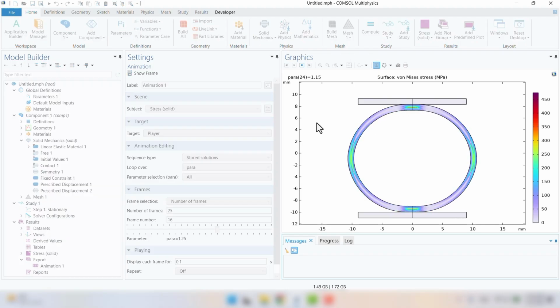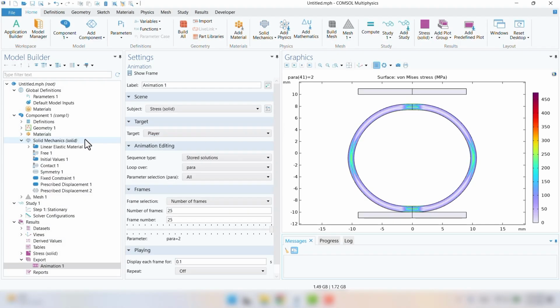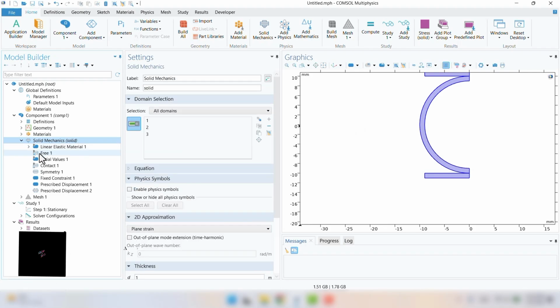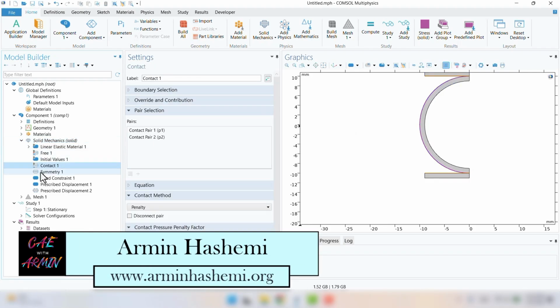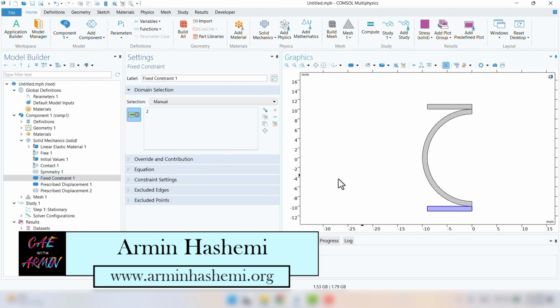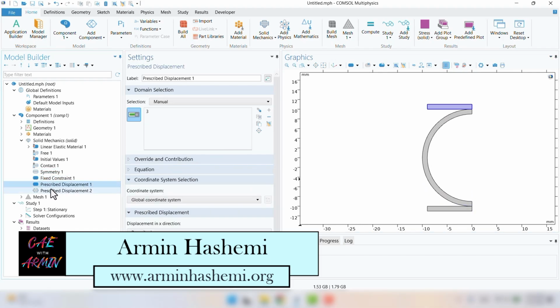Plastic deformation is a common phenomenon in many industrial applications. In this tutorial, we will model the plastic deformation of a metal tube using COMSOL Multiphysics. You will learn how to use the solid mechanics interface together with appropriate boundary conditions, including contact, symmetry, prescribed displacement,